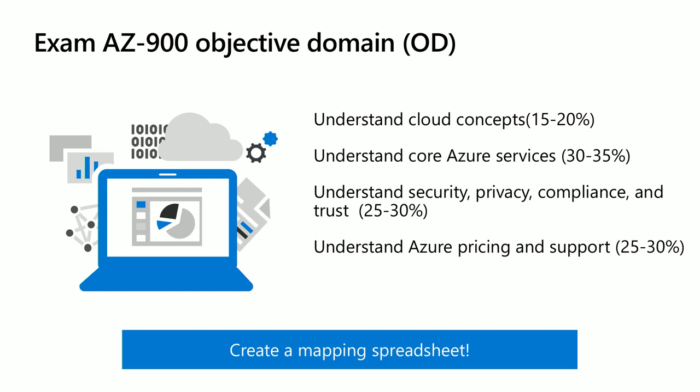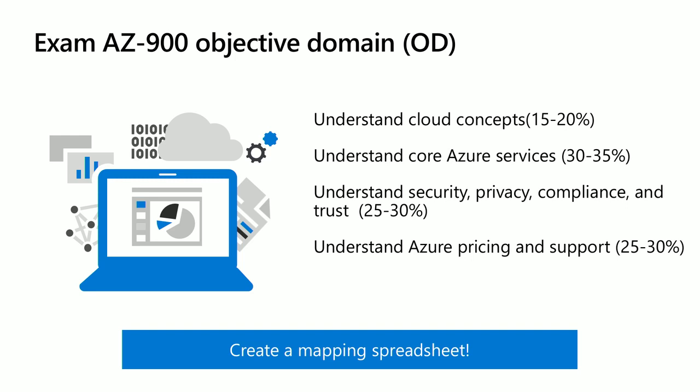Well, let me imagine what we can look at. If you do a Google or Bing search for exam AZ-900, you'll be taken to the page, obviously. There'll be a link to schedule your test. And then the most important part of the page is skills measured, where you have what Microsoft Learning calls the objective domain, or OD. And notice that those are broken down into percentages. And here in Azure Fundamentals, it's important.